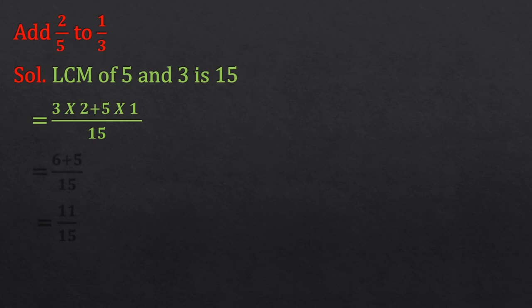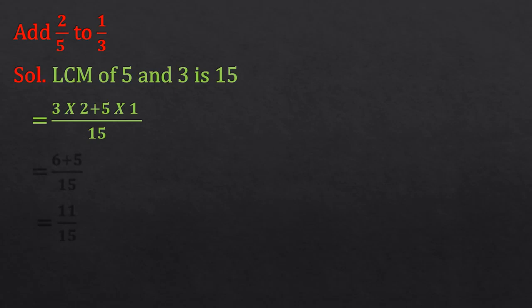You have to see only the first fraction now, 2 upon 5. I am repeating it, listen very carefully. 2 upon 5 is our first fraction. You have to divide 15, which is our common denominator, by the denominator of the first fraction, that is 5. 15 को 5 से divide करेंगे. What do you get? 3. 5 3s are 15. Now multiply this 3 by the numerator, that is 2. 3 multiplied by 2. Now you have to add both the fractions, so I have put an addition sign.